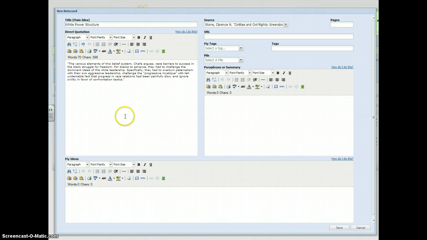That is a long quotation. I can't necessarily use this entire quotation in my paper, but because it's stated so well, I definitely want to include it. I know that this quotation appears on page 379 of my article. You must put in a page number of the material. You can add tags as you go in your paper. I might add the tag